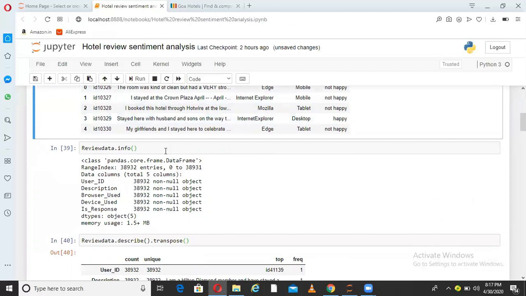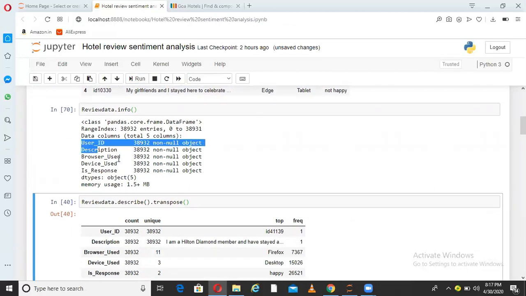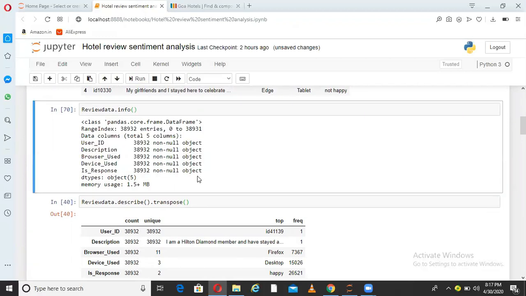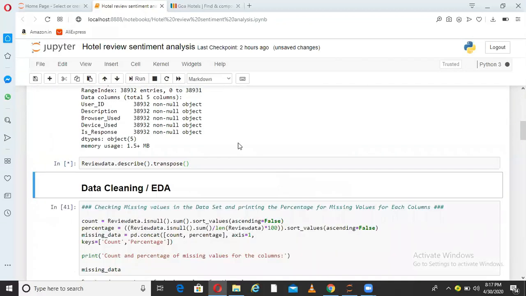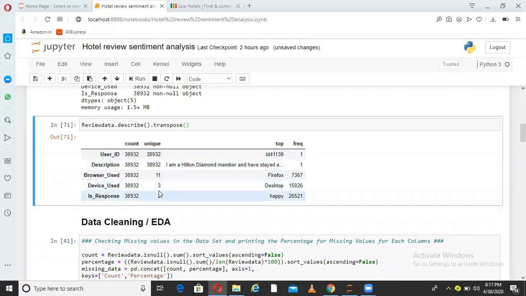So what we do, we just do some EDA. In this EDA we see that these are the 5 columns in the data. Looking at some of the describe or basic data properties, we can see that all the values in user ID are unique, in description it's unique, browser used has 11 unique values, device used has 3 unique values, like this.